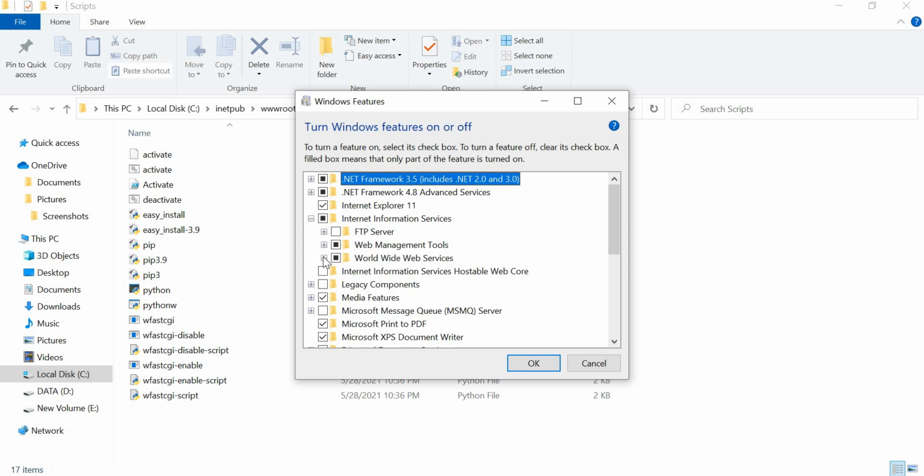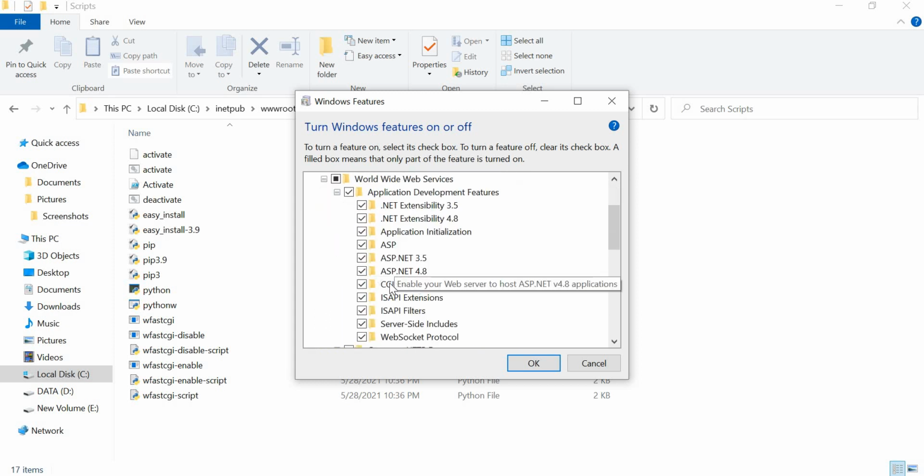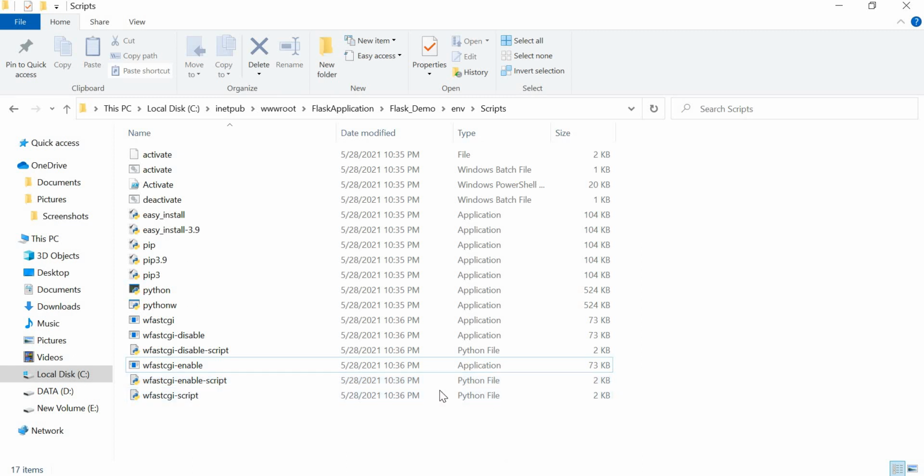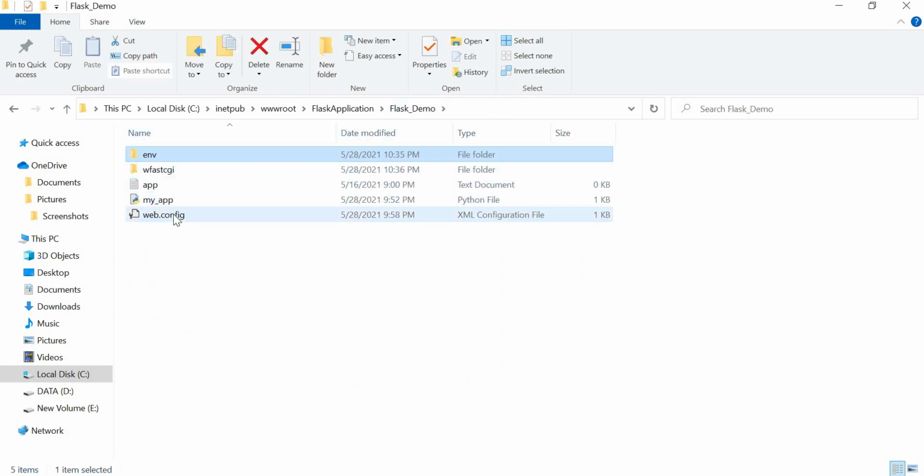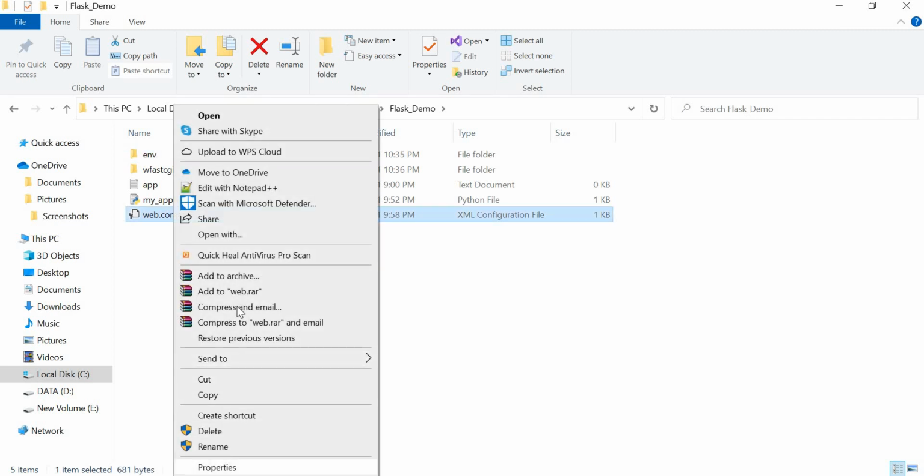Inside this one, World Wide Web Services. Inside this one, Application Development Features is there, right? Please make sure this is checked. CGI must be checked over here, right? Click OK.